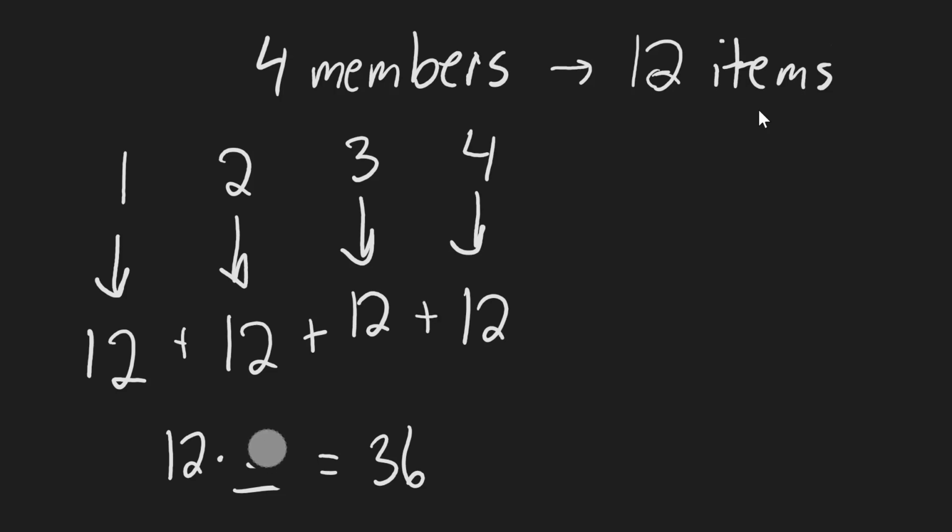Or in other words, 12 adding to itself 4 times. Or in other words, 12 times 4, which is 48. And so we see a pattern. If 5 members bring 12 items,